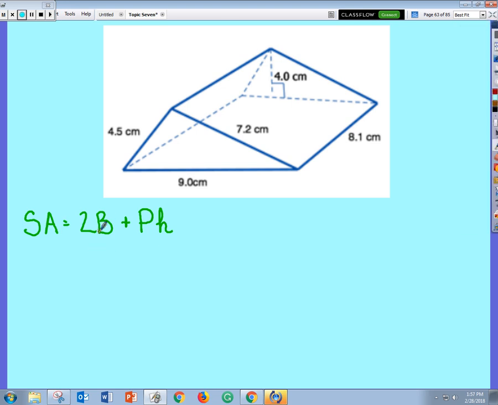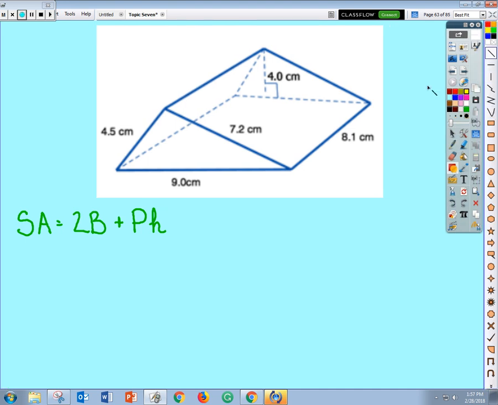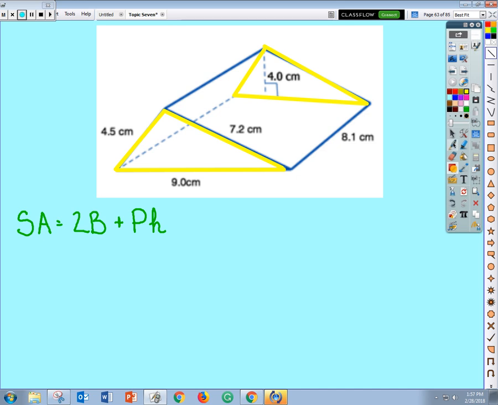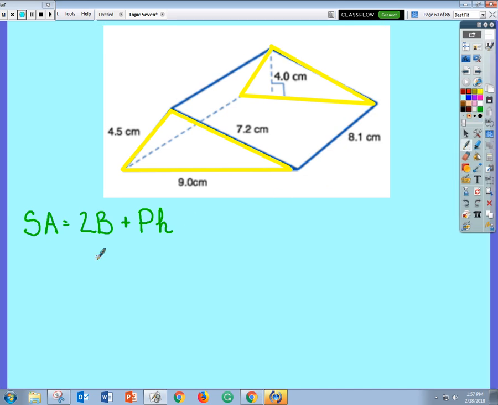We know that area of the base is a triangle. So my triangle is right here. My triangular base is right here. Remember, it's a triangular prism, meaning the bases are triangles. So that helps me clue in right here. That's one base, and the bases in a triangular prism run parallel to each other, meaning they do not share any vertices, they don't share any edges. All right, so there's my two faces, my two bases, I should say. And we know they're triangles, so it becomes 2 times